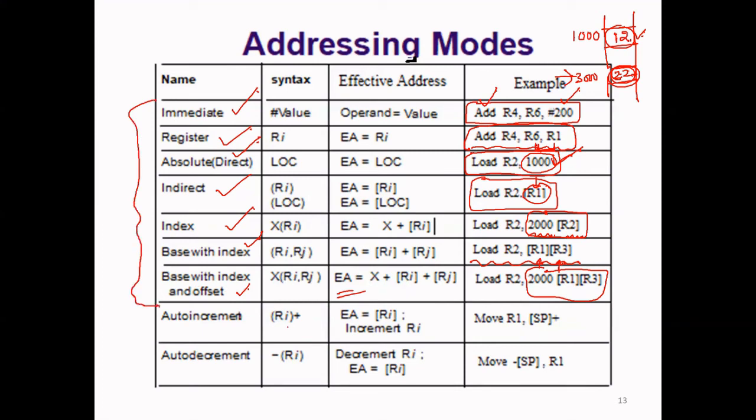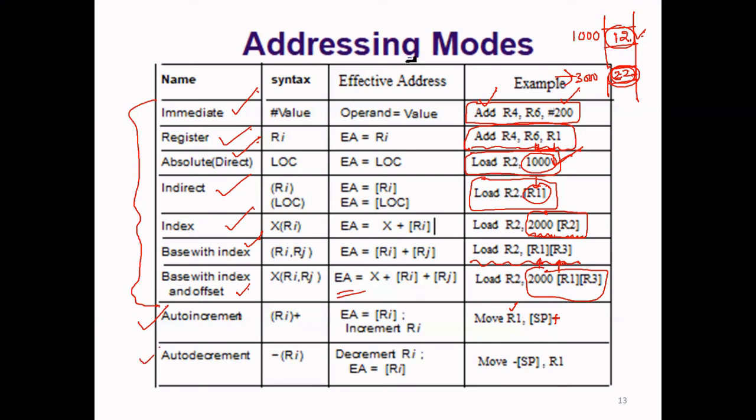So these are the basic addressing modes. The way in which the data is specified in the instruction is called data addressing mode. Sometimes using stack memory, the push and pop instructions, right? So auto increment, R1 plus, how is the effective address calculated? Move R1 comma SP plus. SP consists of some address. From that address location in the stack memory, data is there, that data is moved to R1, and then after moving the data, SP is incremented, that is auto increment.